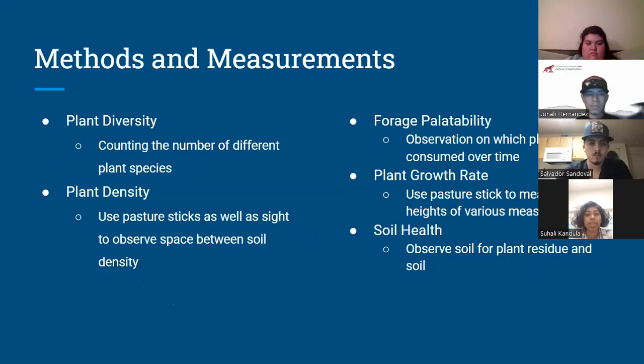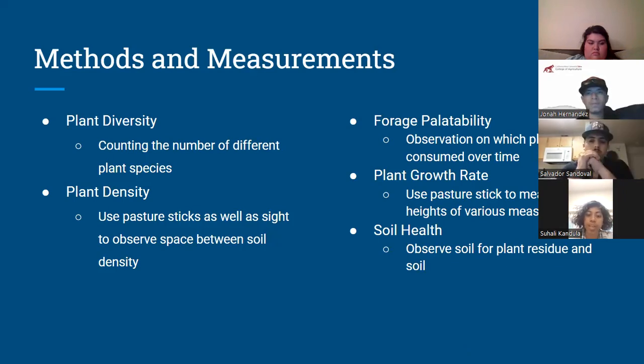The different methods and measurements we used in order to observe how the forage in Beef Pasture 1 changed are plant diversity, plant density, forage palatability, plant growth rate, soil health, and more. For plant diversity, we spent time counting the different number of plant species we found along the trail over multiple times, seeing what was there, seeing what wasn't there, and whether there were more or fewer plant species than last week, and made sure to keep track of that